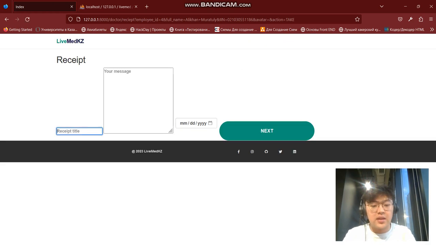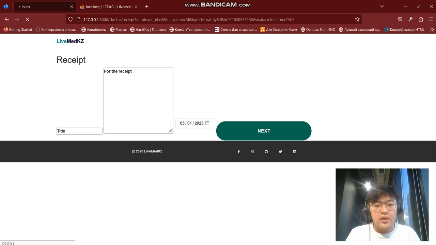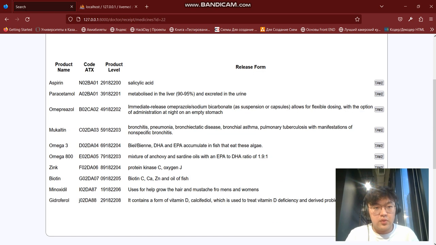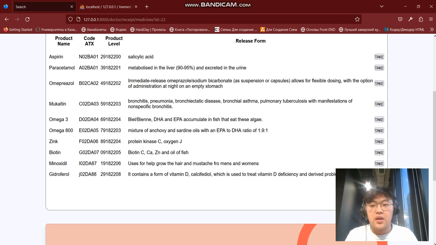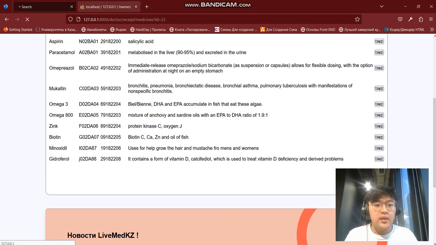and gives a title to that prescription, for example, and a message as a comment to it. Once the prescription is created, he is redirected to the pharmacy medicines table. He enters the information about what is needed for that prescription, for example, aspirin, mucaltin,